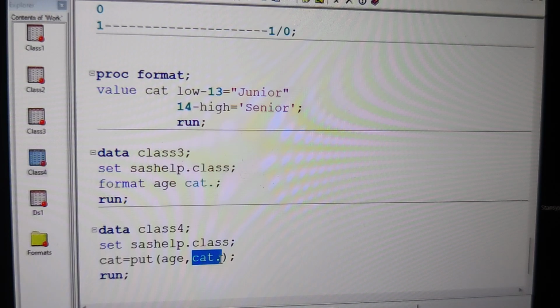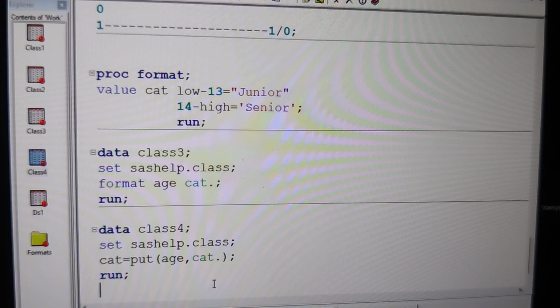By using a format called character. By the way, if age is 11 or 12, I want to have it as